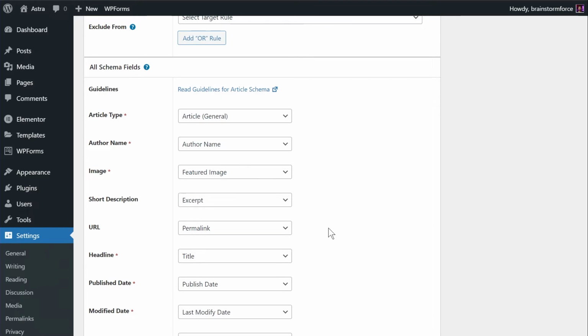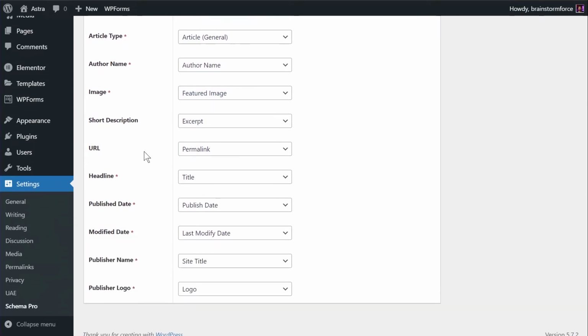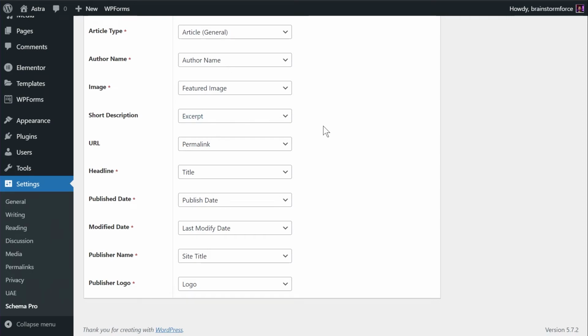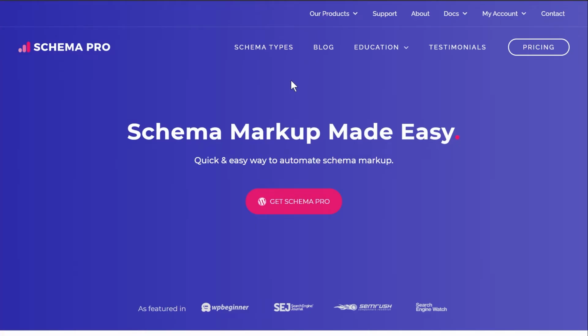So if you have a big website, or if you build websites for clients where you need to work on a lot of different pages and add different kinds of schema, then Schema Pro is a much superior solution. And this is not the only advantage of using Schema Pro. You still retain control over changing these fields. For example, if one of the posts requires a different image in the schema, or maybe a different short description, then you can still customize it on a per page or per post basis. So this is the power of Schema Pro, and the website is wpschema.com. Obviously, links will be in the description, so make sure to check that out.